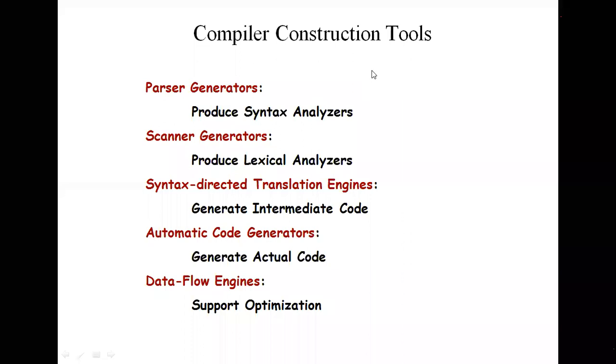Here, the things we need to note down are: by using a tool like a parser generator, what type of output we are going to implement, that is the first thing; which type of tool we are going to use; and what type of specification we take.